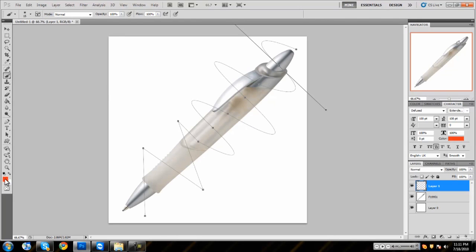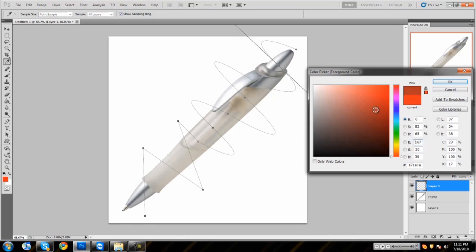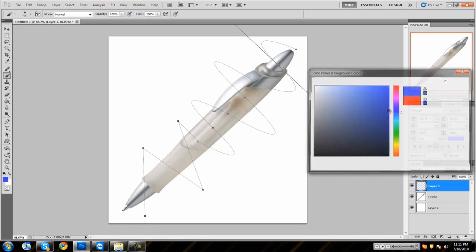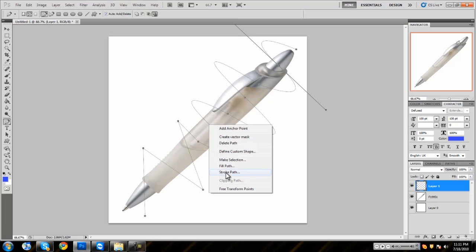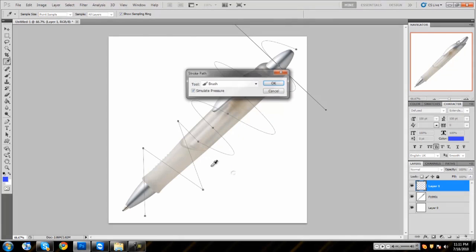And you get to pick your color. So I'm going to pick a blue. From here you just have to go off your brush tool, back onto your pen tool, and right click anywhere on your line that you made. Then you're going to go to stroke path. Make sure you're on your brush tool like you just were, and you're going to hit